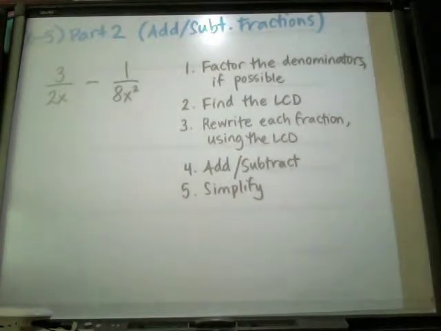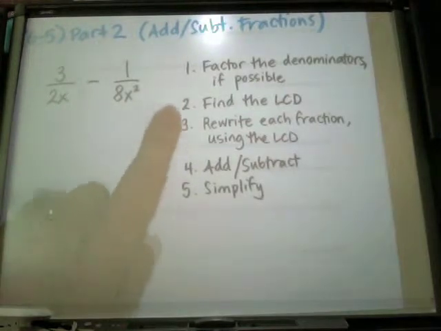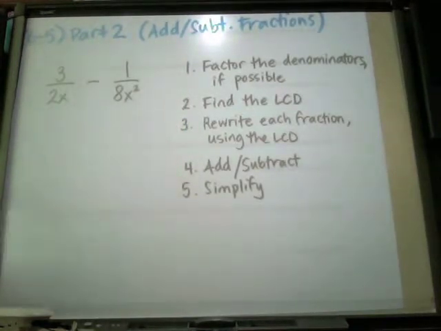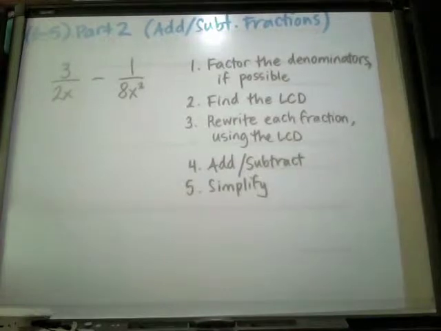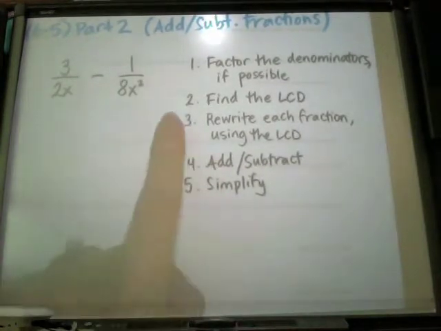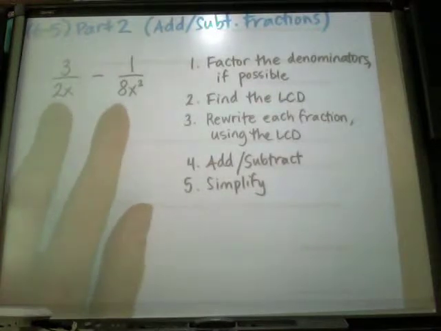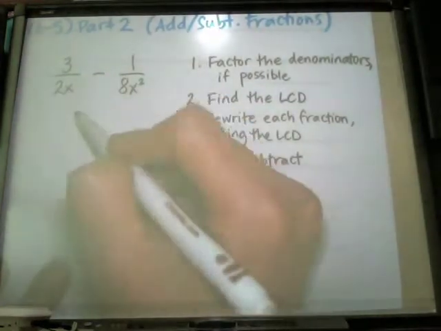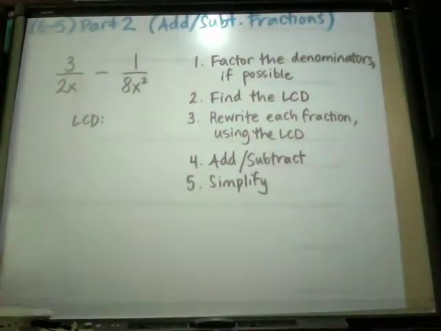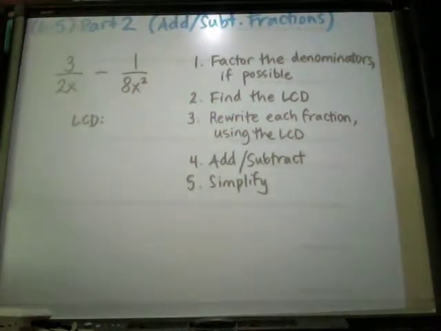So we'll go through these steps for this problem, and for the next one I'll kind of refer you to the steps. The most important part, the new part that's different than regular fractions, is that steps 1, 2, and 3 are more complicated, of course, because now you're just so smart. Okay. So for this one, again, we can't factor the denominators. So our first step is to find the least common denominator that we could use. So again, let's look at the numbers. Between 2 and 8,